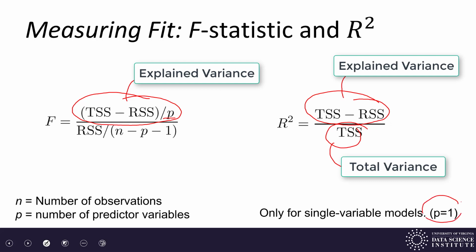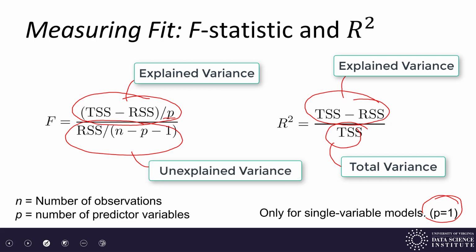That's because p equals 1 when we're doing a single variable linear regression, so we don't need to divide by 1 there. So back over to the F statistic, the top portion is explained variance. The bottom portion is unexplained variance, residual sum of squares. Think of that as the error variance or the unexplained variance. So the F statistic is measuring the ratio of explained variance to